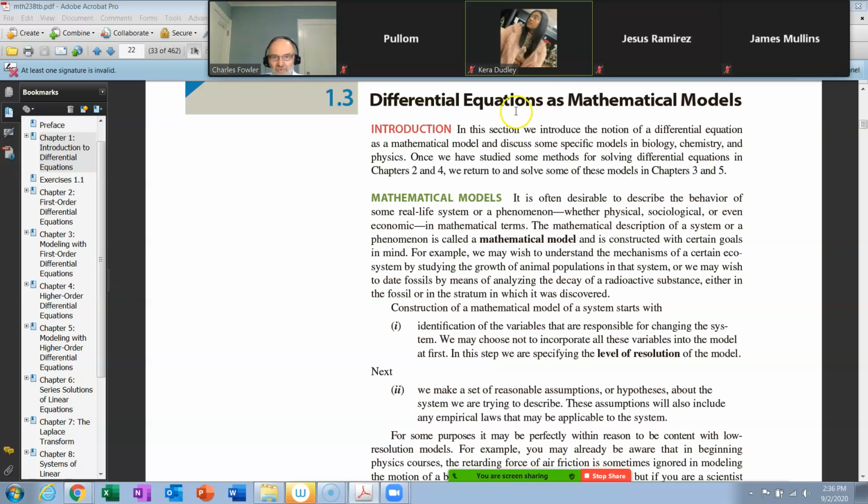So what in the world is a mathematical model? A mathematical description of a system or phenomenon is called a mathematical model. It's constructed with certain goals in mind. It may not fit everything exactly, but you are trying to model some behavior that's happening in nature. Okay? Construction of a mathematical model starts with basically identifying the variables that are responsible for changing the system. Okay,